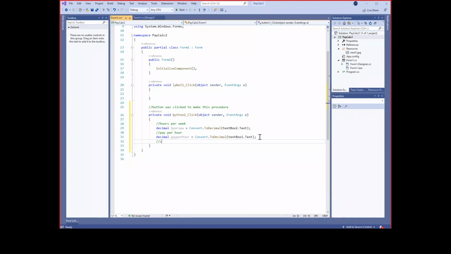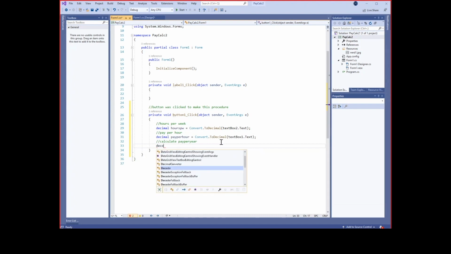So we'll say calculate pay per year, because we need all of this before we start doing the complicated tax. So I'll call it, again, I'm declaring it a decimal, and I'm saying it's pay per year, which I'll abbreviate to YR, and that equals